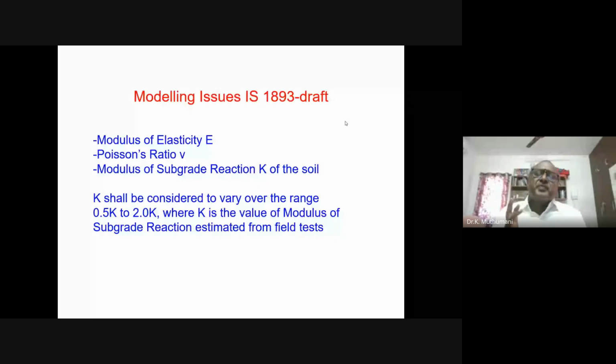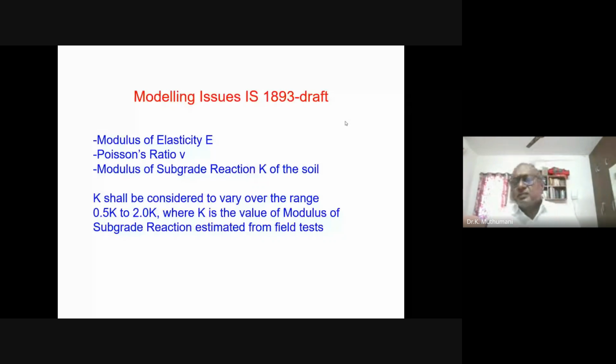Are you okay with that? You are not okay. Please understand that I don't think that can happen. One is that the distribution of force may not be the same as what you get if you consider the K value. Two, the drift value that you compute is totally out of the box if you don't consider the K value. So assuming you are going to consider the subgrade action K,